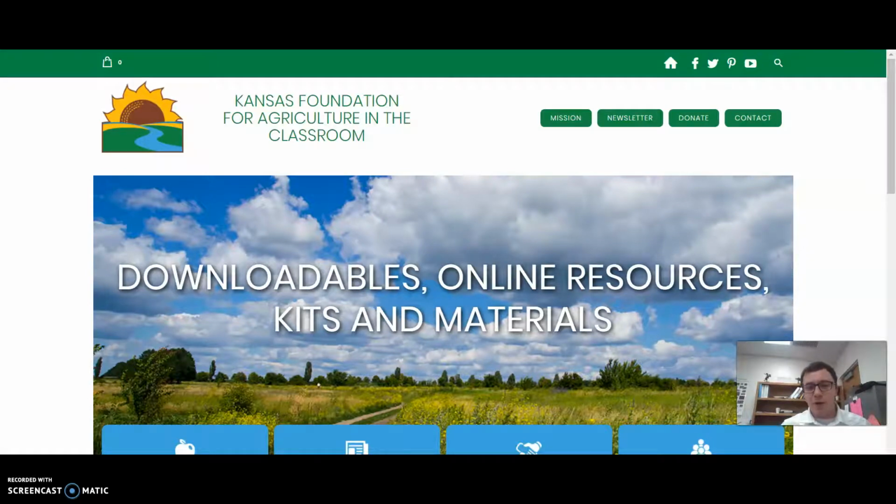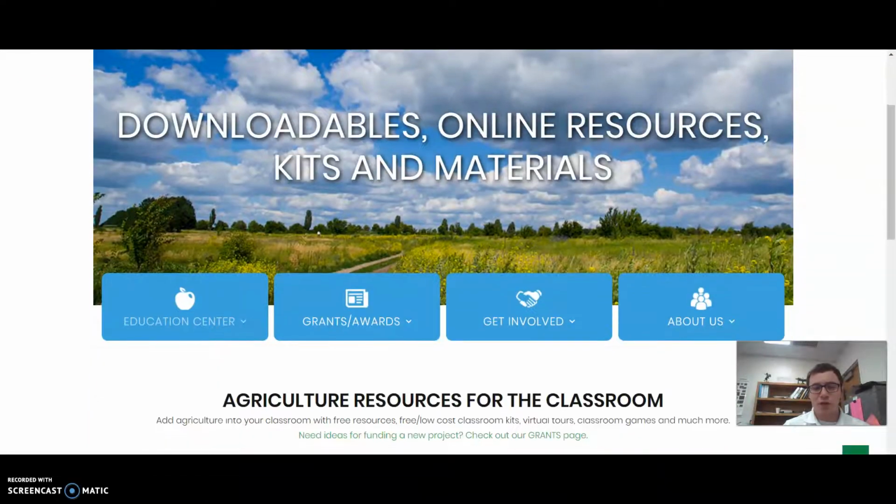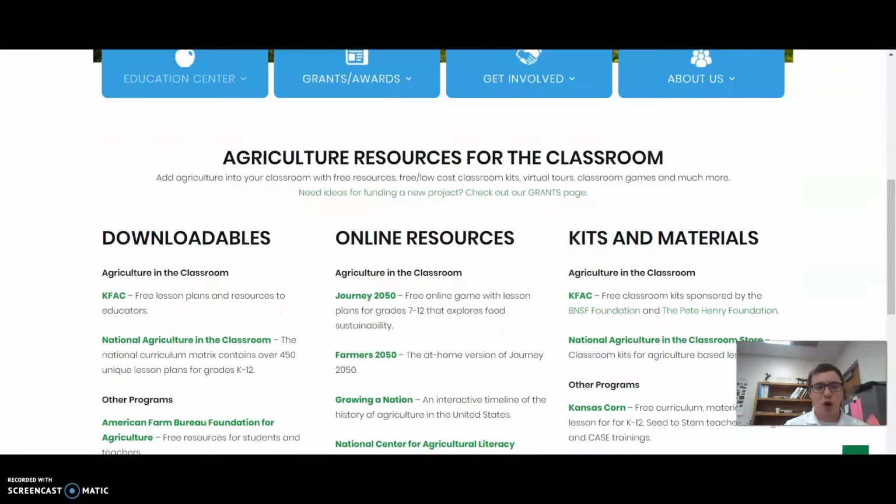The next one that I really want to use is centered toward the ag part of my teaching that I have to do. And it's the Kansas Foundation for Agriculture in the Classroom. And this one is really awesome because you don't have to have an account. It's something you can just go to. The website's actually ksagclassroom.org or kansasagclassroom.org. As you go, you can scroll down through here and see that there's so many different things